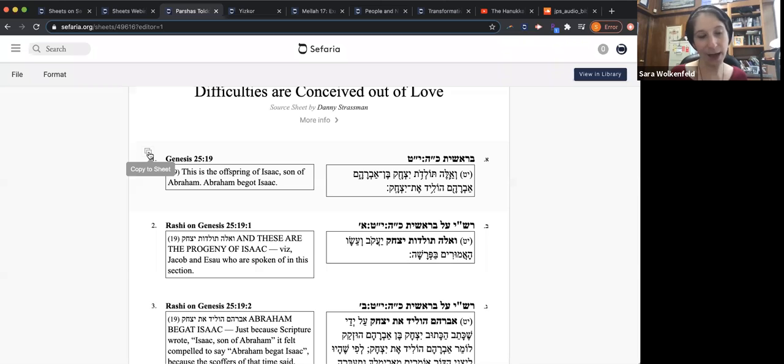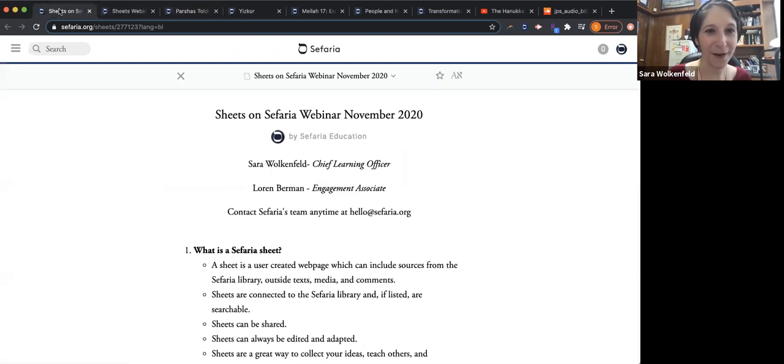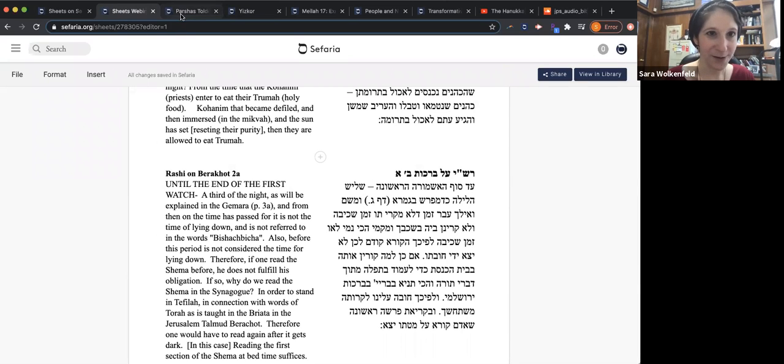So you should really think of the sheets in our library as something that you can also use as you're adding sources to your source sheet. They're very much there for you to use and reuse. So again, you just need to be logged in, and then you can adapt. You can work on your own source sheets. You can adapt other people's source sheets. Any sheet that you make can be a mashup of your own material and other materials that you find on the site. So that's adding a source to the source sheet.